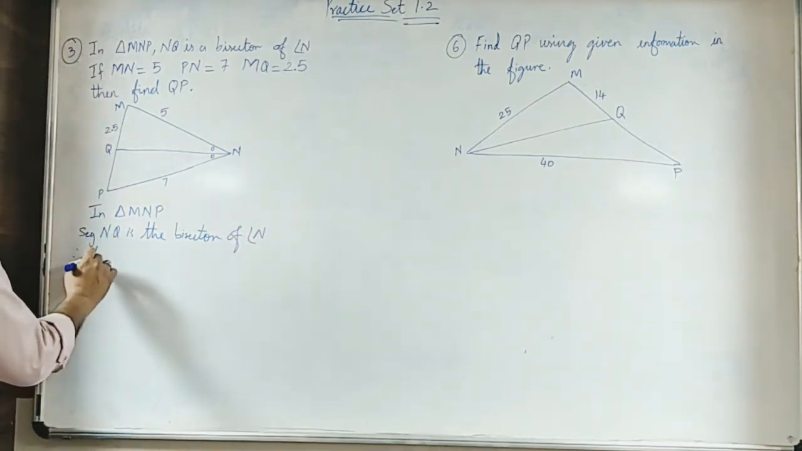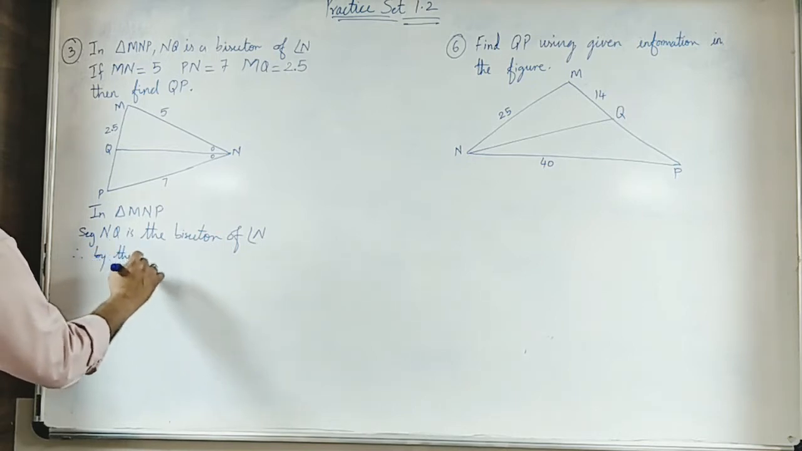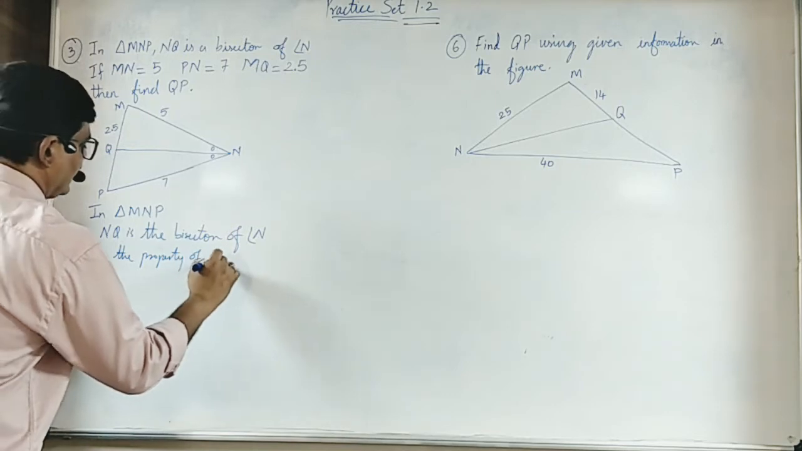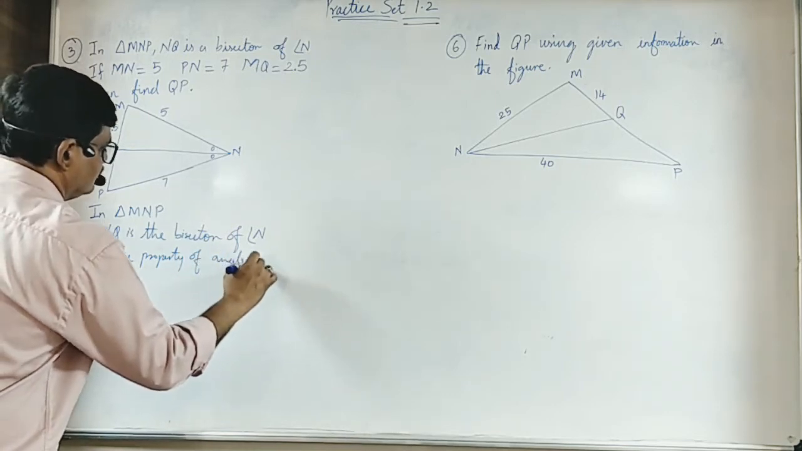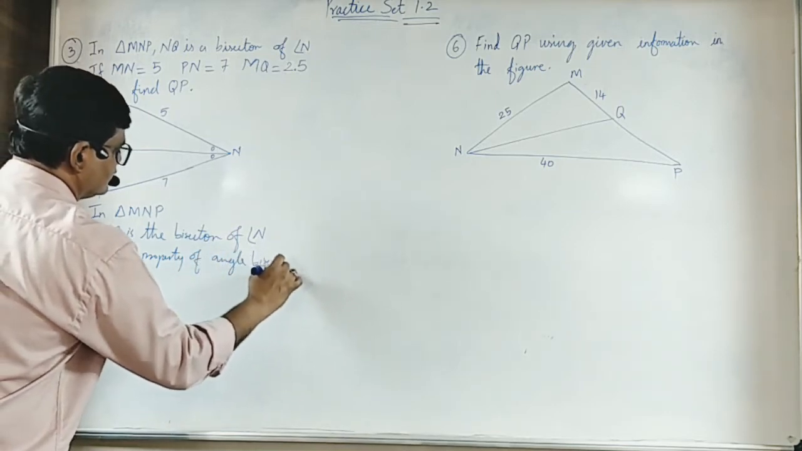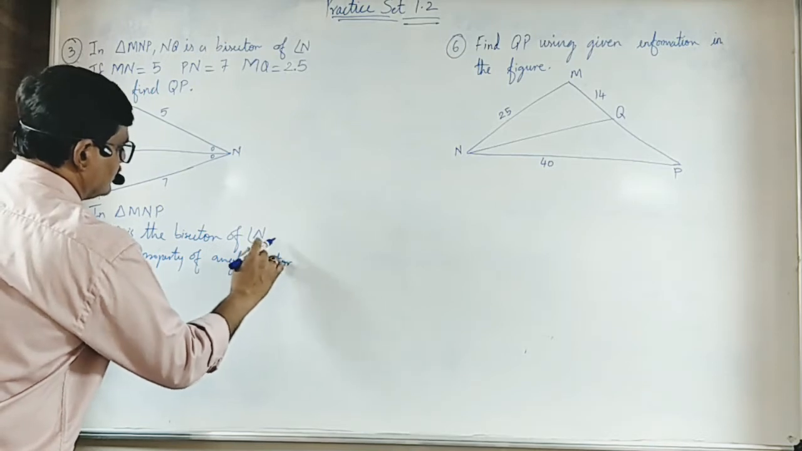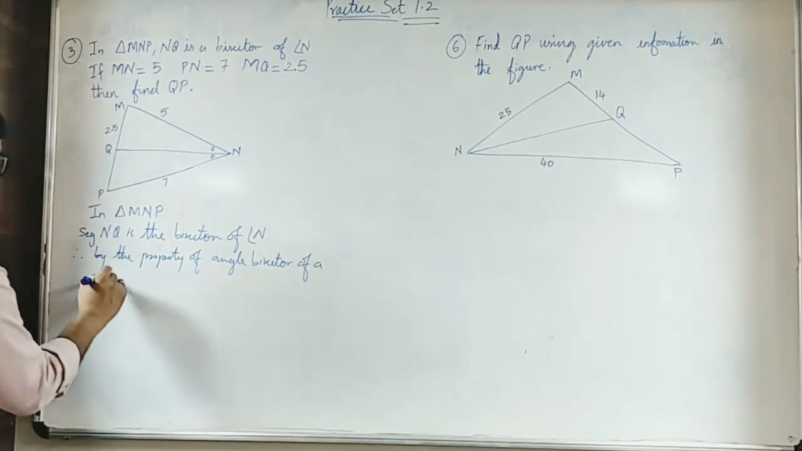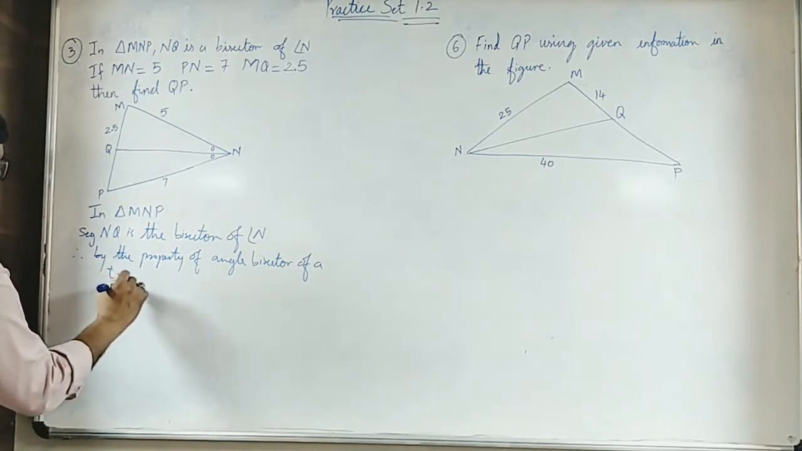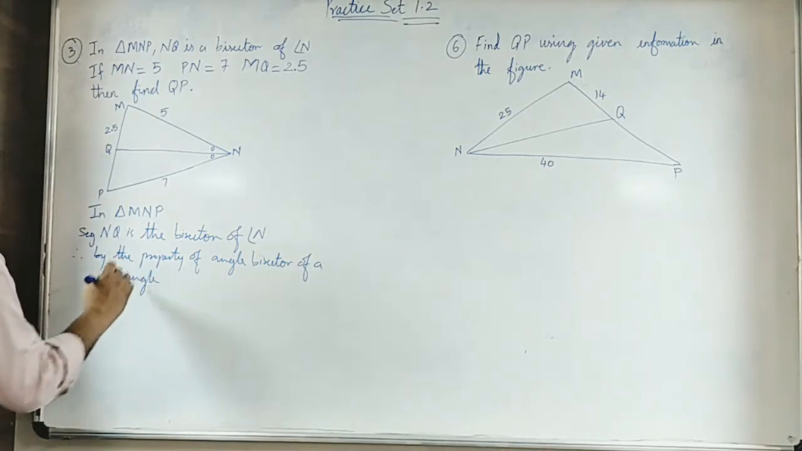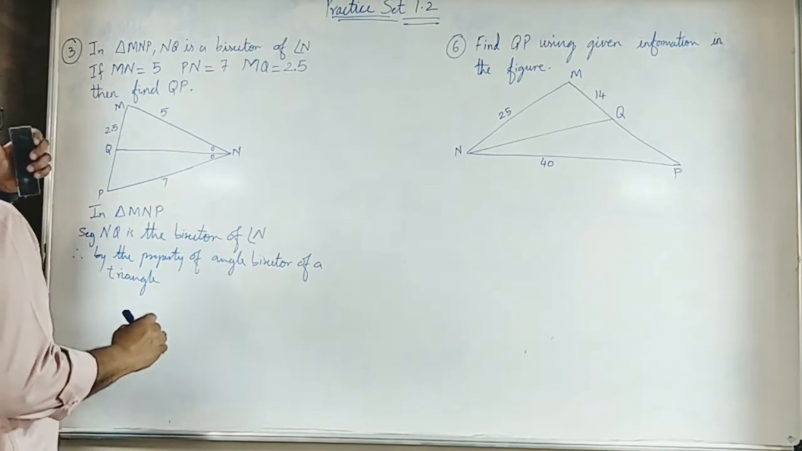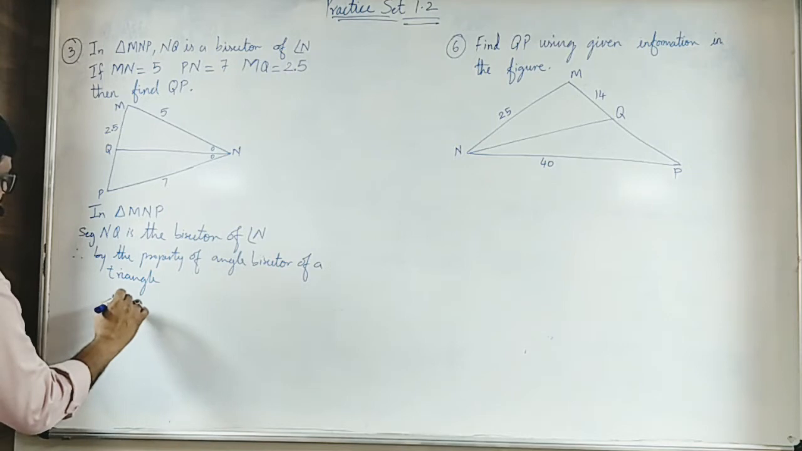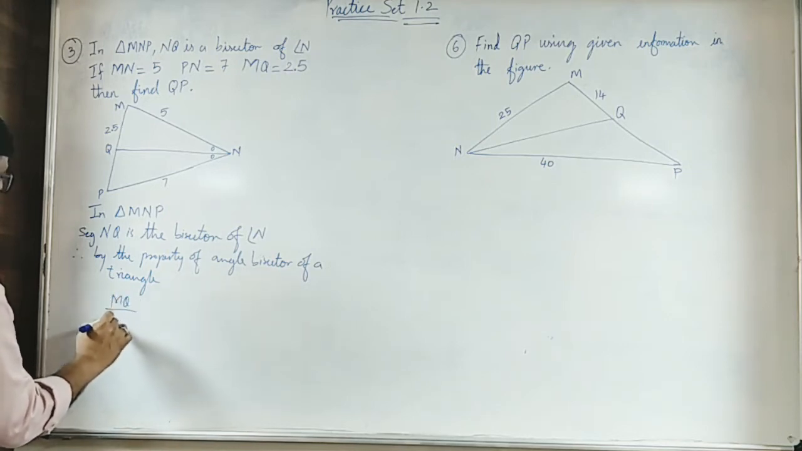Therefore, can I apply the property of angle bisector of a triangle? Now what is the property? I told you last time also. In this case, you know that MQ upon QP